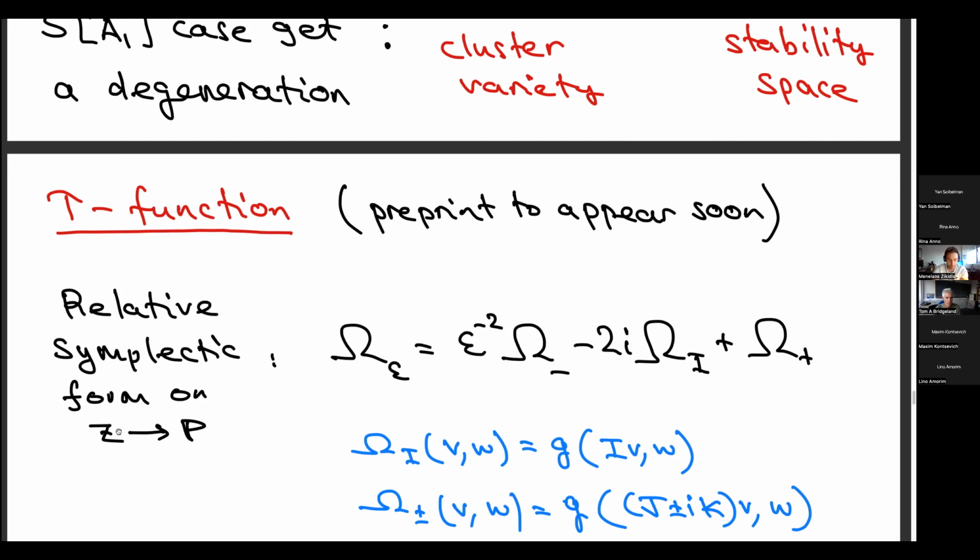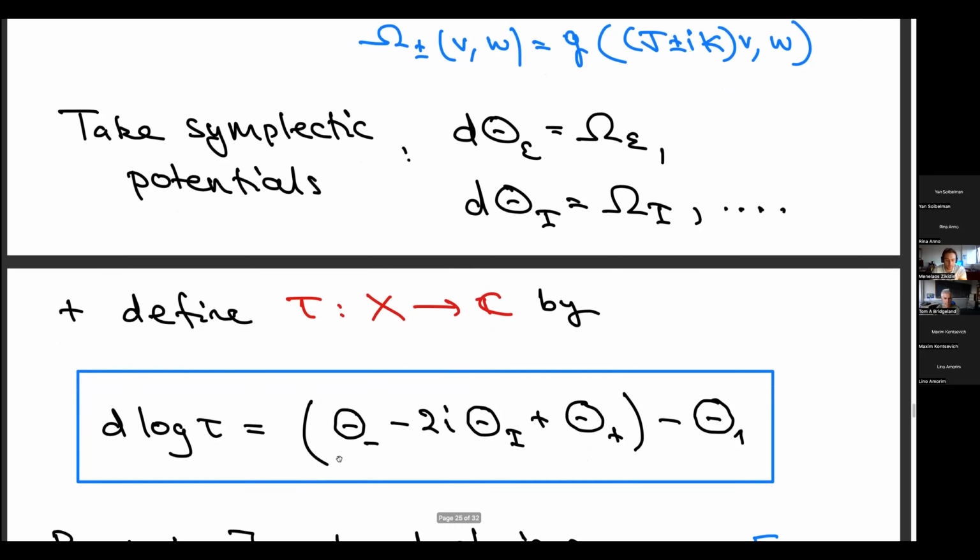If I take D of this, then by definition I get 0, because this will just be this equation with x1 equals 1. So D of the right-hand side is 0, so locally I can write it as D log tau,